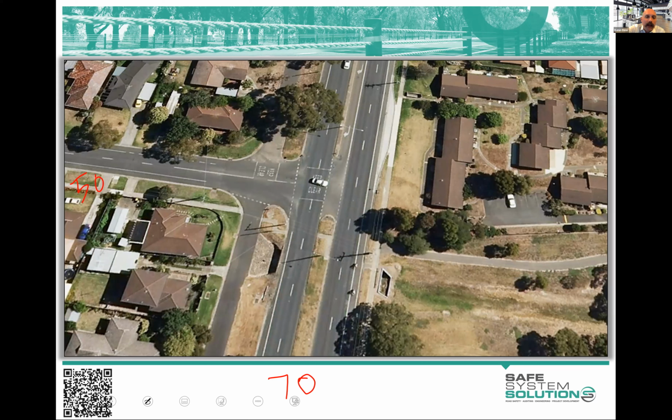We've got about 20,000 vehicles a day on the main road, and about maybe 2,000, which is a bit under 2,000, we'll go with 2,000 on the side road. That's our traffic volume. It's about 11% heavy vehicles or commercial vehicles on the main road. So large, and it's a B double route. It's a proper arterial road.